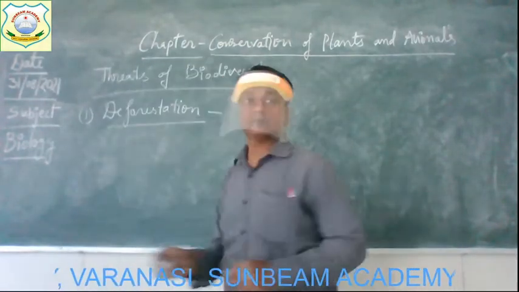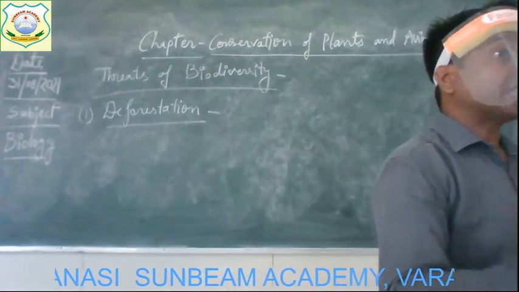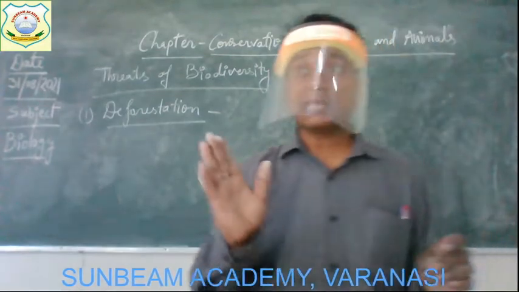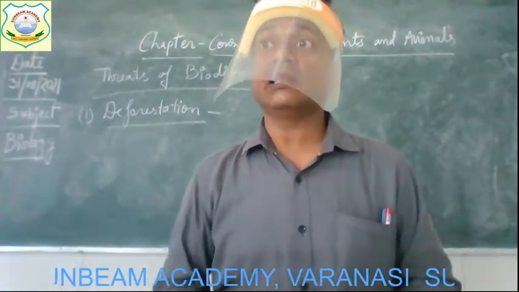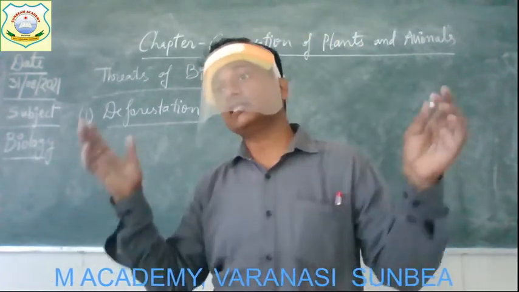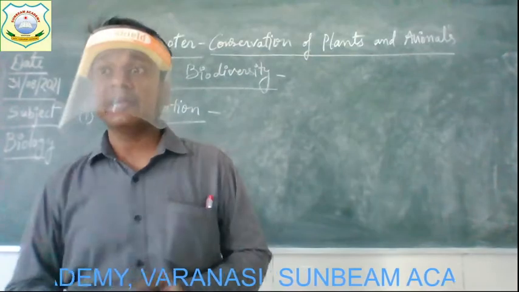Deforestation. Get it? This is the first threat. This is the first activity. Deforestation, you know na? Cutting down of trees at large scale. That is deforestation. जब जंगलों से काफी ज्यादा ट्रीज को कट कर लिया जाता है तो उसे क्या कहेंगे, डिफॉरेस्टेशन।